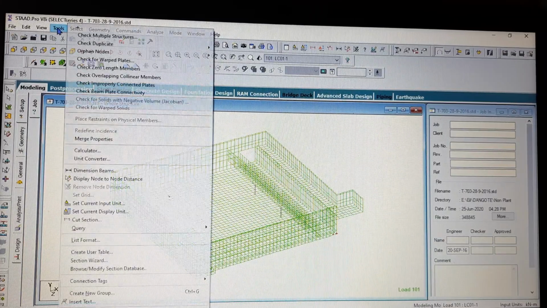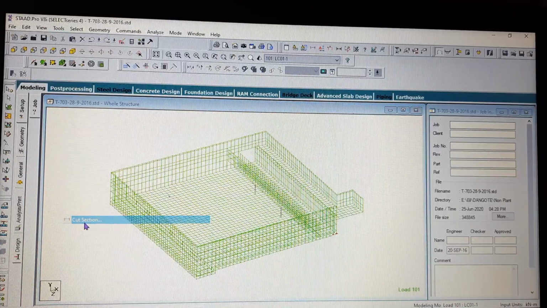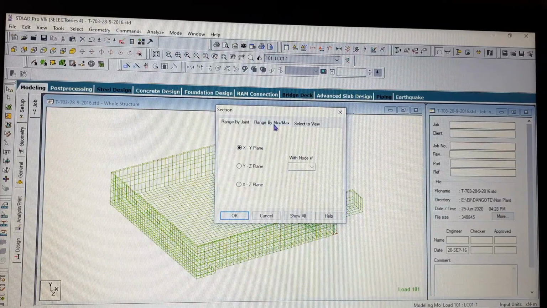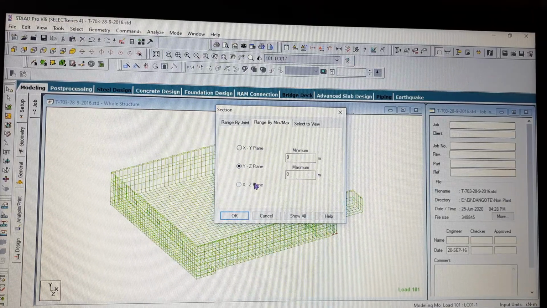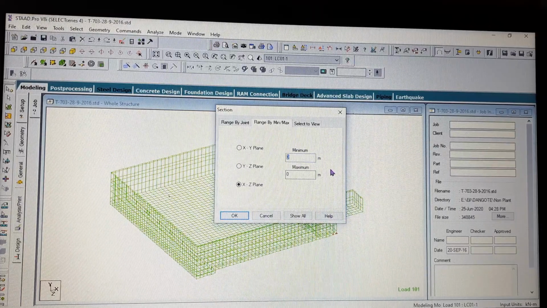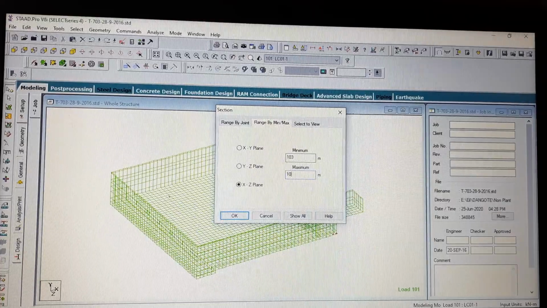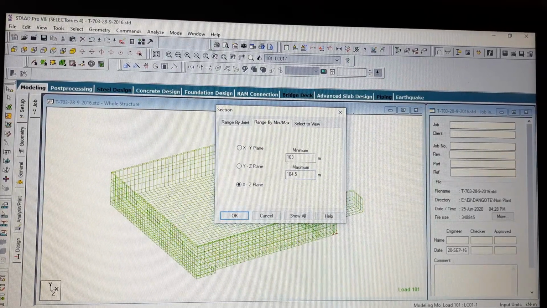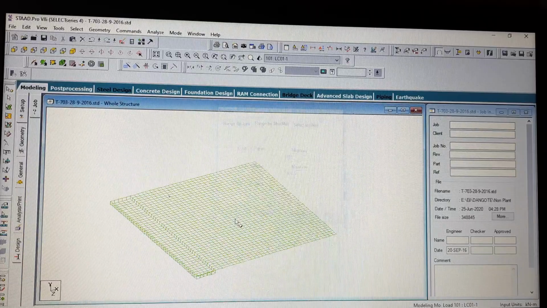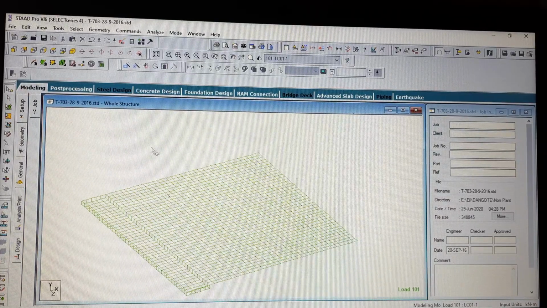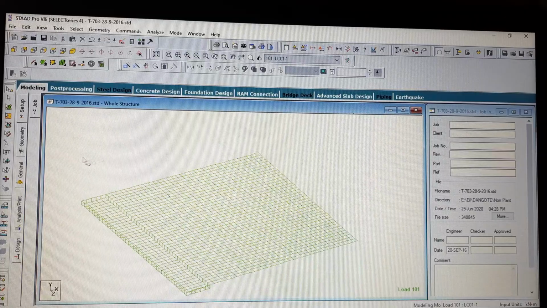So to view the bottom portion, go to cut section, choose range by minimum maximum, click the level where you want to see, and give the range. Say I give the bottom minimum level as 103 and the top level as 104.5. If I click OK, this is the bottom level which I intended to see.